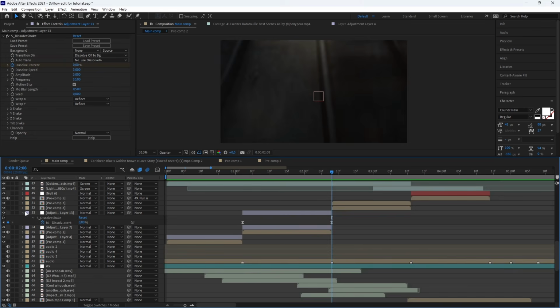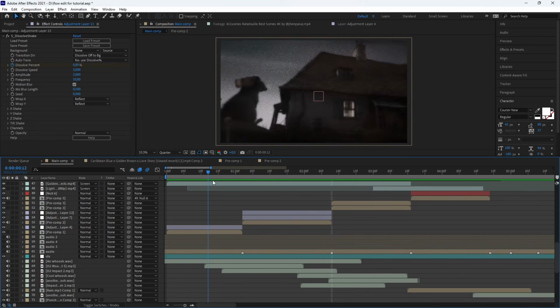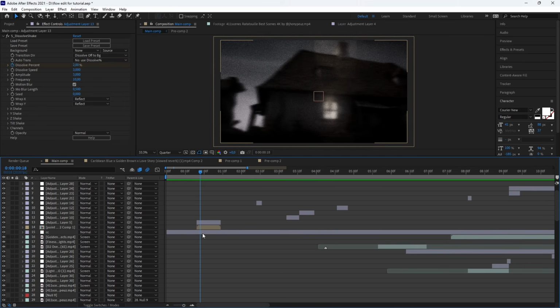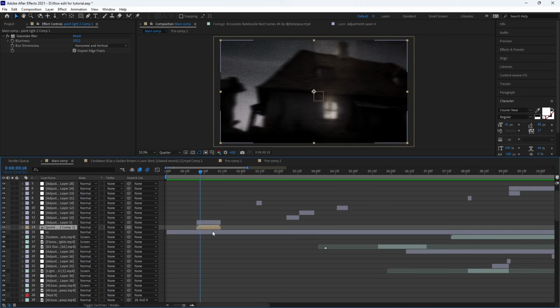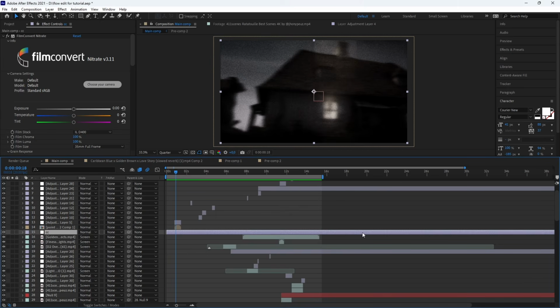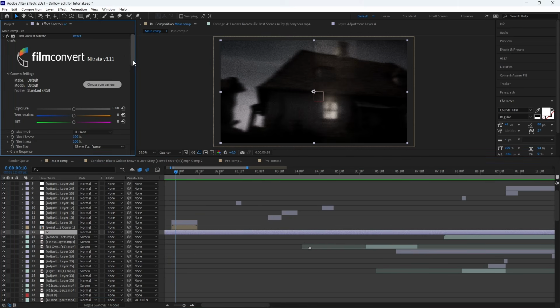Then let's continue with the main effect of it, this one. Just before, let me explain that I added an adjustment layer with this CC, which I put above all my clips.